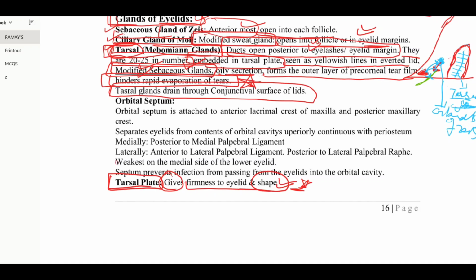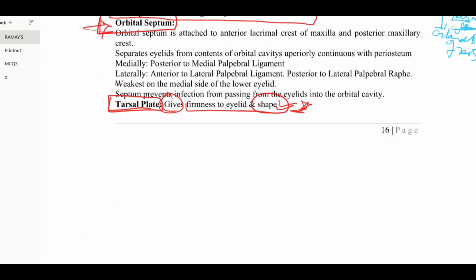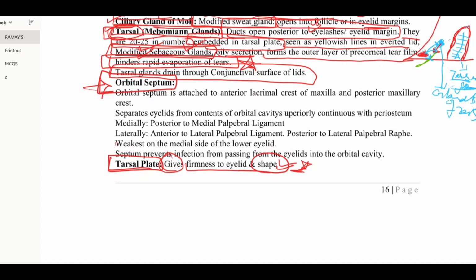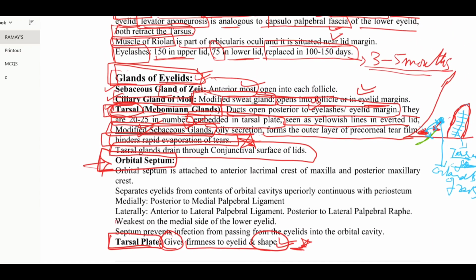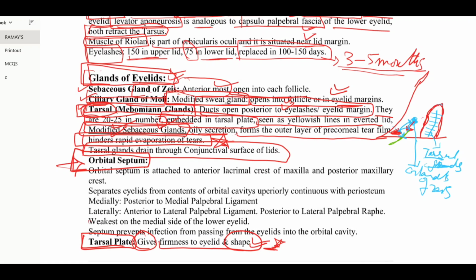So now we will study the next structure, which is the orbital septum. First of all, have a look in the diagram at how the orbital septum looks. We have studied that the orbit is made up of different bones. The front of the orbit is made by the frontal bone. If we draw a section and say that this is the frontal bone,